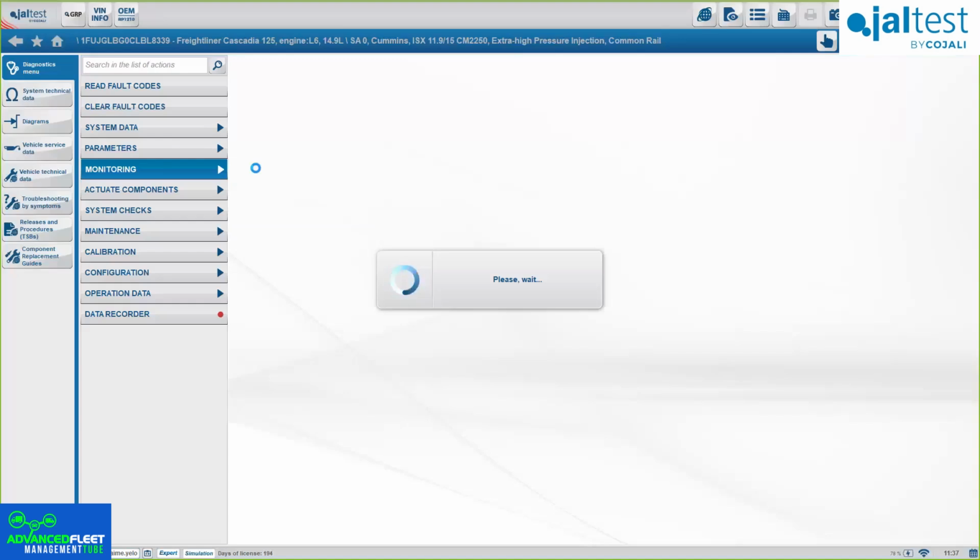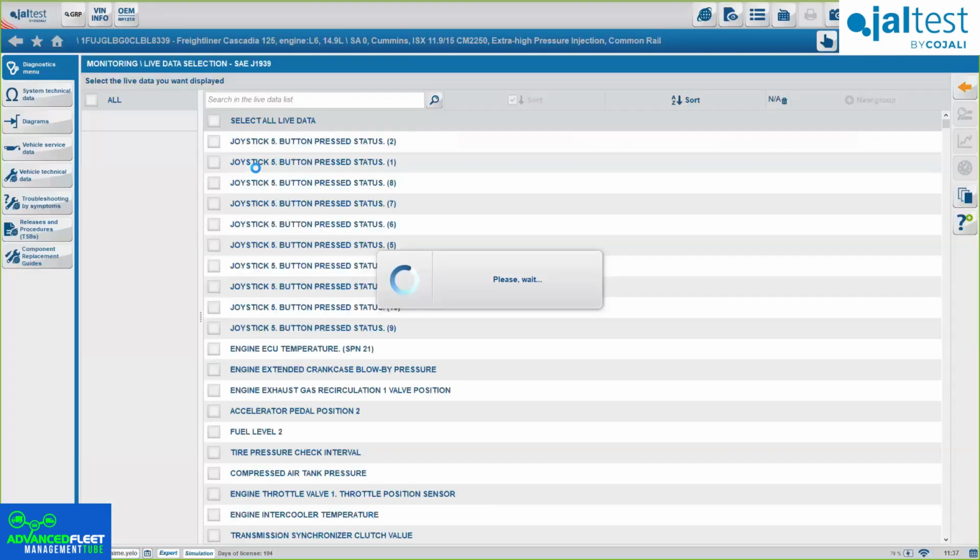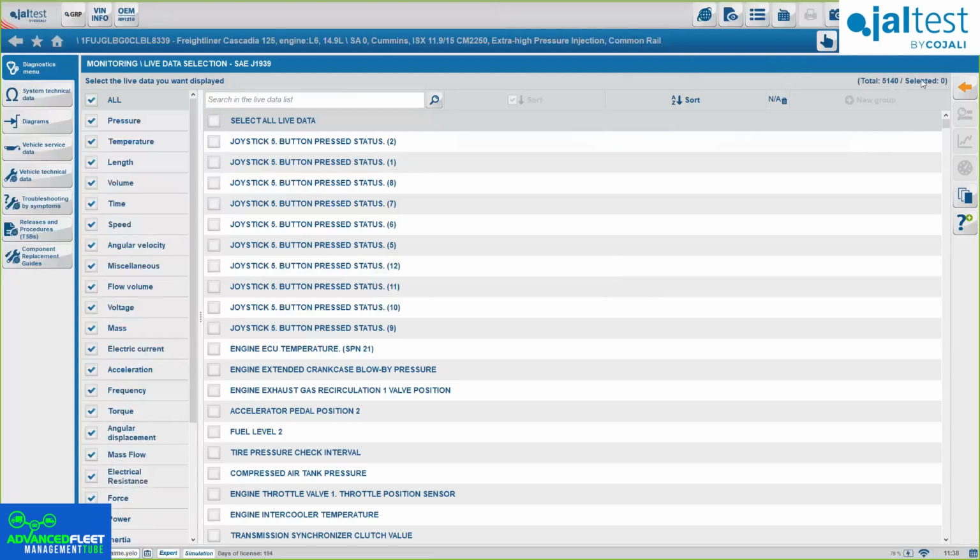I believe for this engine in particular, we have up to 5,000 different values that we can check. So it will take some time to get them all. On some other engines, we might have maybe 15, depending on what the engine offers and what we can get from the engine. Okay. You will see the values here on the top right corner. You will see exactly how many we have and how many we've selected in the event if we select any. Okay. You see here right now we haven't selected any, and we have 5,140 values.